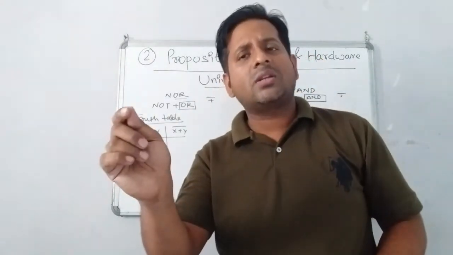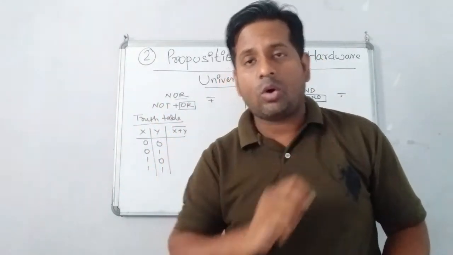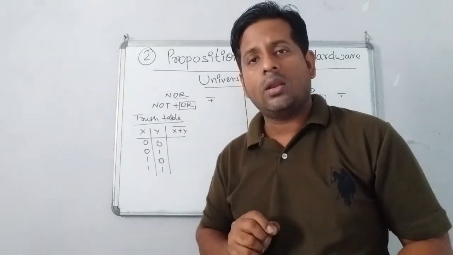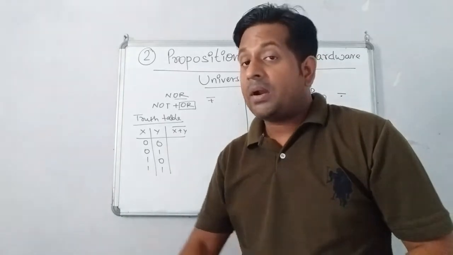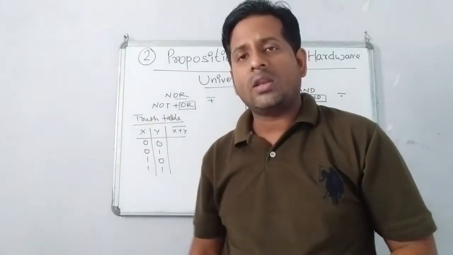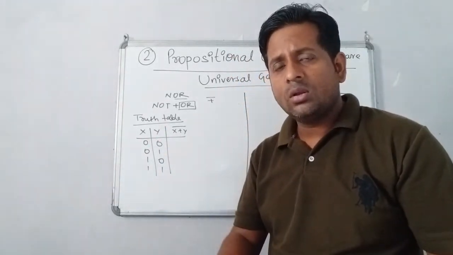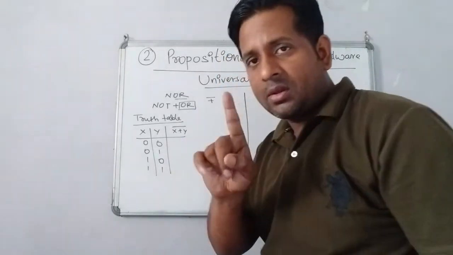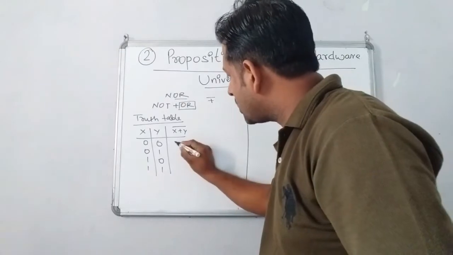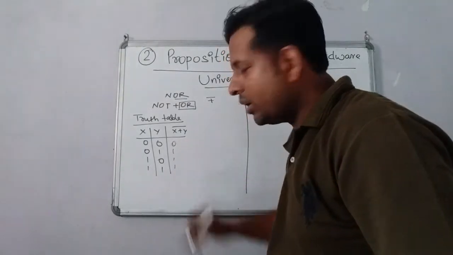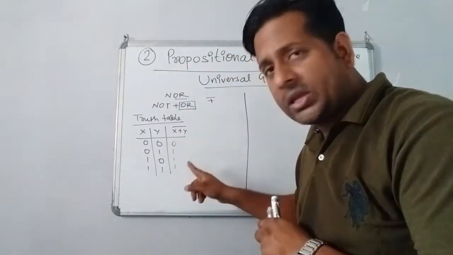If any one signal is on, meaning any one input consists of 1, the output will definitely get 1. If both are 1, then no problem. But if both signals are off, we won't get any output. That is the rule. So if you write the OR gate, understand properly, the logic was this 0, and all the rest 1. This was the concept of the OR gate.